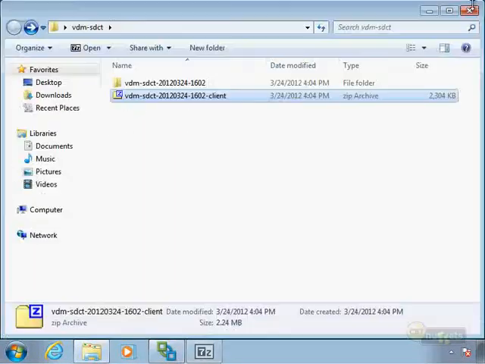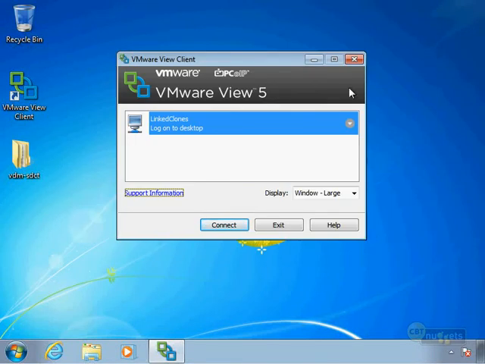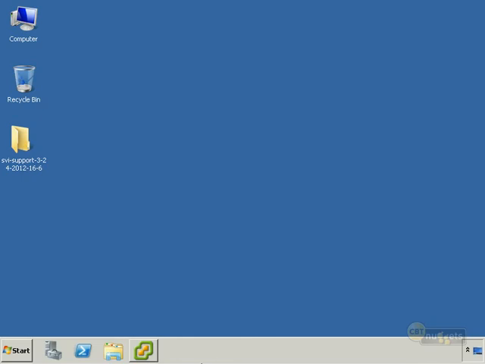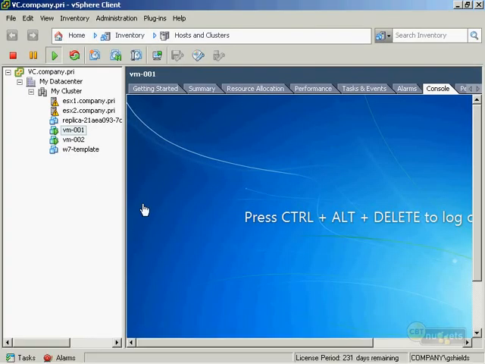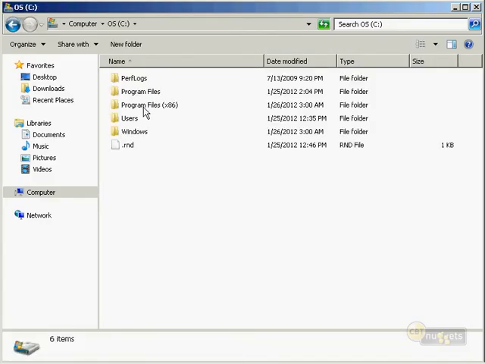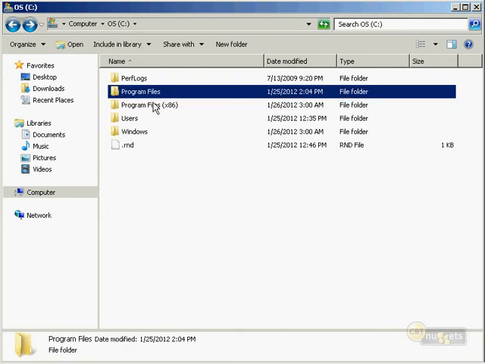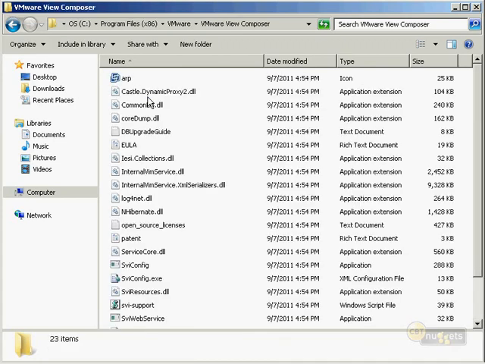There is actually a third location where log bundles can be created. That is at the View Composer server, which would be back here on your vCenter server. So not necessarily inside of vCenter, but built into the VMware View Composer bits that have been installed into this vCenter instance is a support script called svi-support.wsf. That script is located under Computer, then the C drive, Program Files (x86), VMware, View Composer, and then the file is